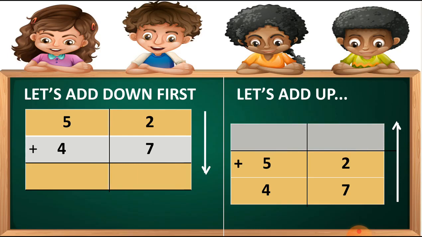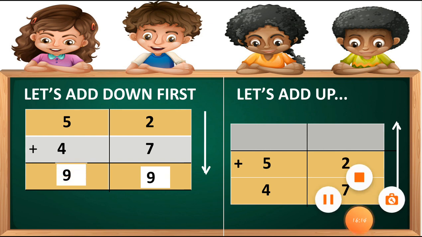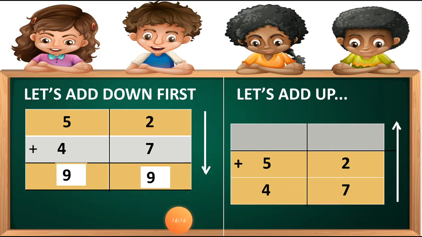The next one, I have so many examples for you, so you will understand this better, students. Here 2 plus 7 is equal to 9. 5 plus 4 is equal to 9. In this, let's see. 7 plus 2 is equal to 9 and 4 plus 5 is equal to 9. So here our sum is 99 and there is no difference. The next one, here is 38 and 51.